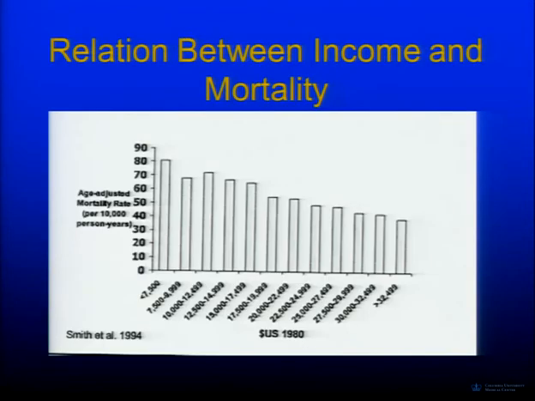We also see something similar when we look at income and mortality, that this is old dollars, so it doesn't make too much sense with our dollars today, but in general, this is the age-adjusted mortality rate, and remember I told you, if you're looking at mortality rates, you hope that it's always age-adjusted or it might not make sense. And you can see that as income goes up and up, the mortality goes down and down, so showing evidence of a dose-response relationship.